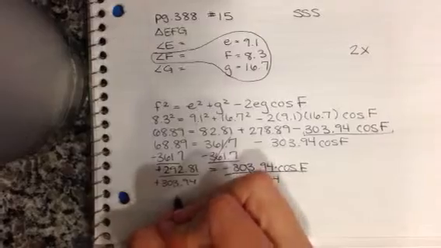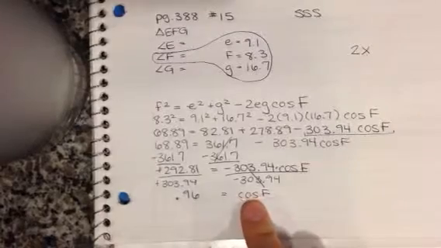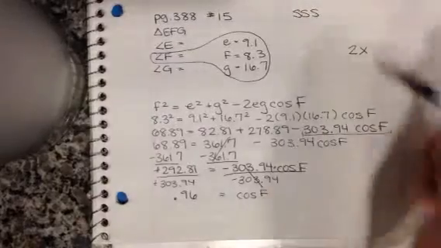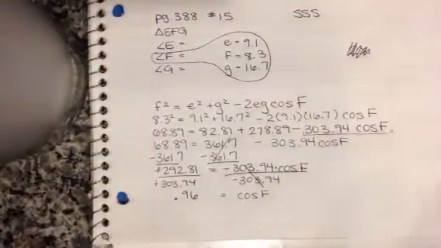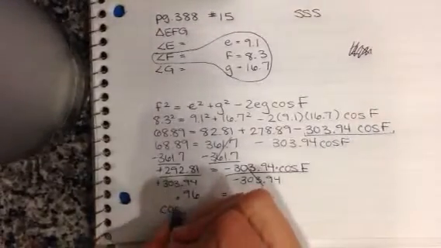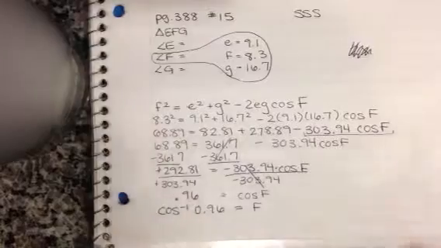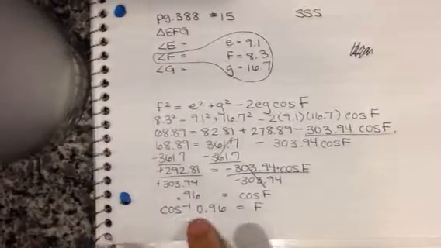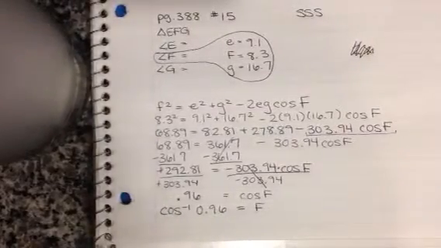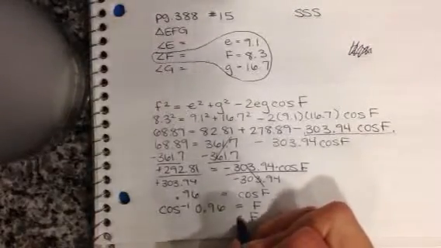Okay, so I divided that in my calculator and I got 0.96. Now, I cannot divide by cosine of f. This is not a coefficient. Cosine is not a coefficient of f. It doesn't work like that. So the only way that you can get rid of the cosine is by taking the cosine inverse of both sides. And that is what would cancel itself out. So I'm going to put this into my calculator and that answer will give me my f. So this is where you use your second cosine and your 0.96, and you're going to find that f is equal to